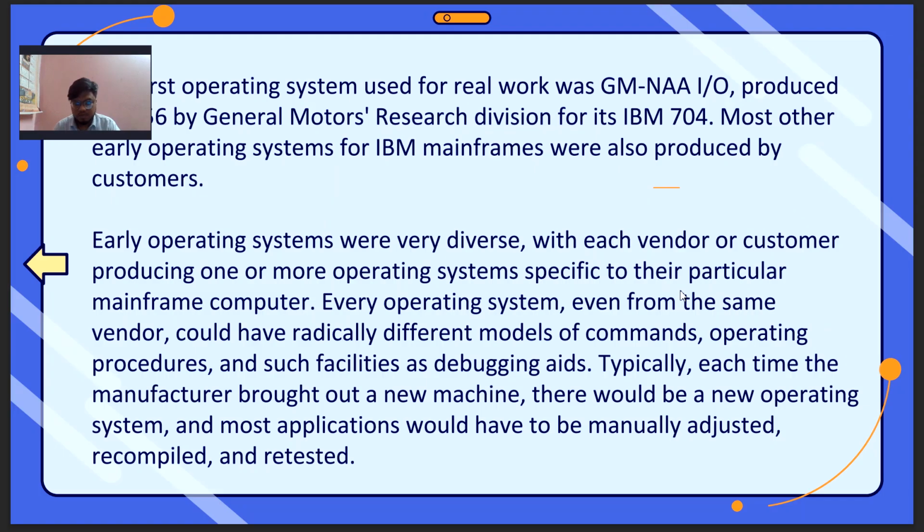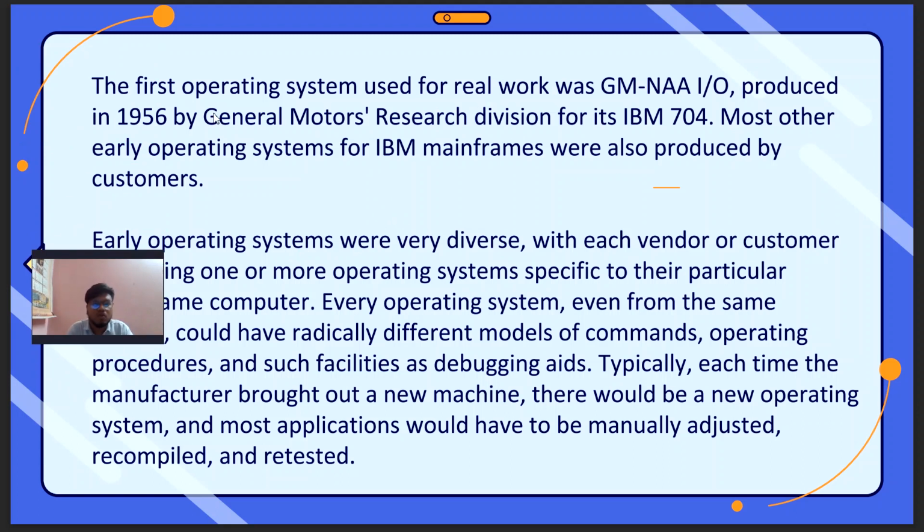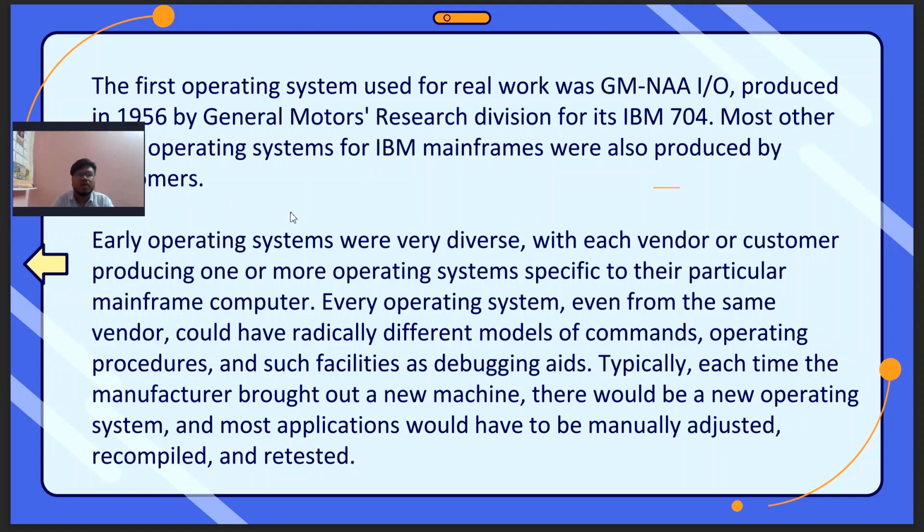Primitive operating system. The first operating system used for real work was GM-NAA I/O, produced in 1956 by General Motors Research Division for its IBM 704 computer. Most other early operating systems for IBM mainframes were also produced by customers. Early operating systems were very diverse, with each vendor or customer producing one or more operating systems specific to their particular mainframe computer,